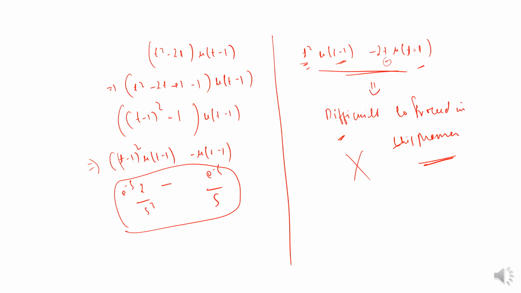So instead of doing this, we are modifying the signal in such a way that the step signal and the signal both have a delay of minus 1 in common, and then we can take out e power minus s and do the process. And here also we don't have any dependency on t, so you can directly write e power minus s by s. I hope this is understood, why we have followed this and why we cannot follow the second step.